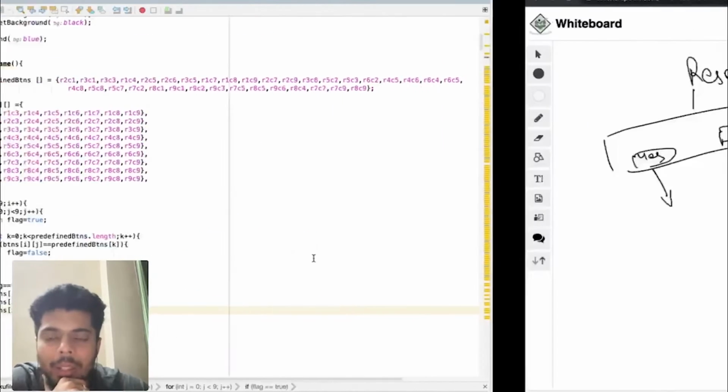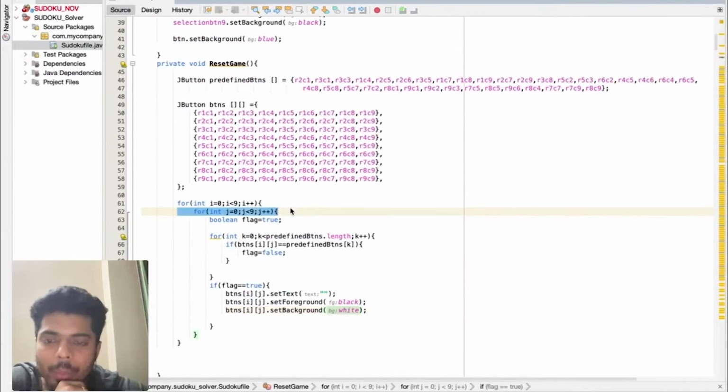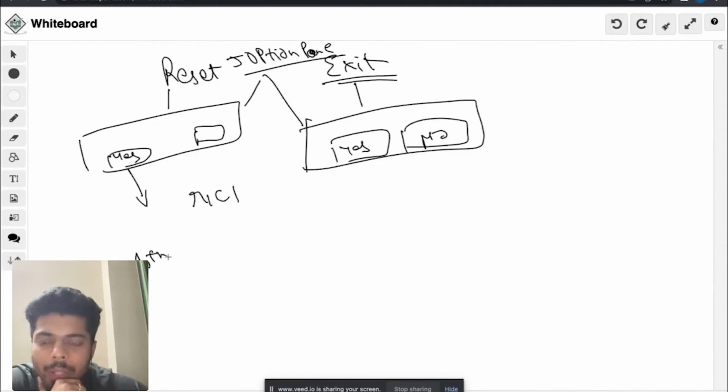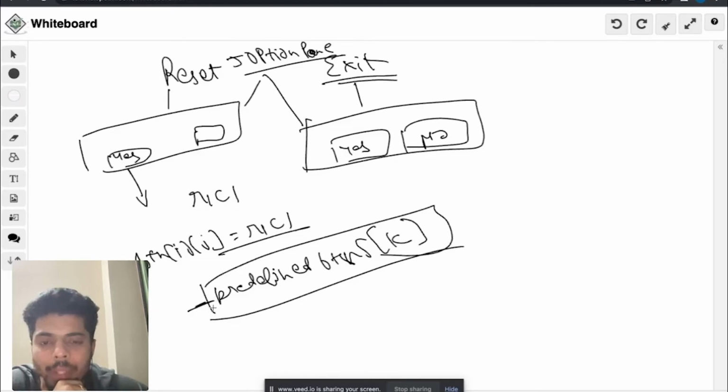Again, a quick iteration here. Let's say in this for loop we came across a button, buttons of ij. The first button is r1 c1, holding the value r1 c1. Now we'll check in the predefined buttons array, predefined buttons k, which will iterate over the whole predefined buttons array and check whether the value r1 c1 is present inside it or not.